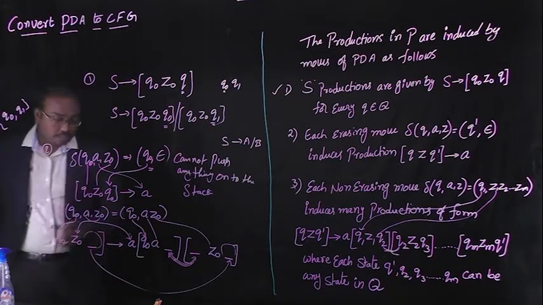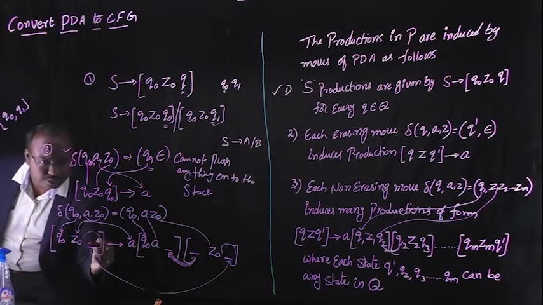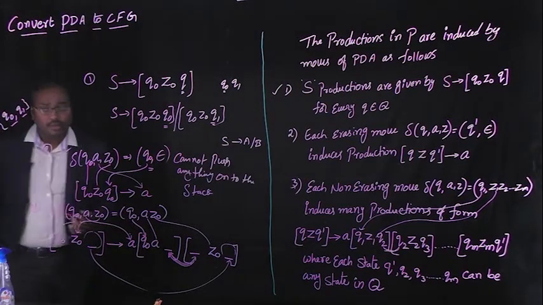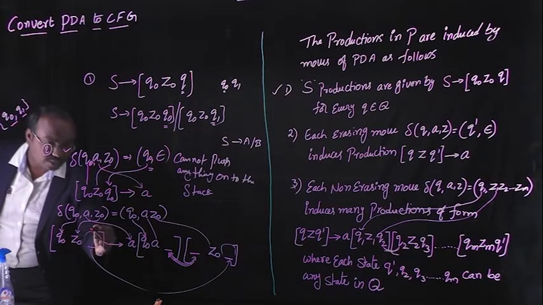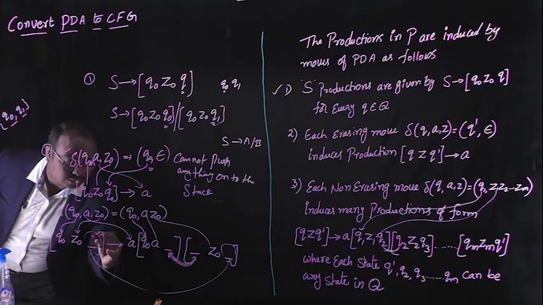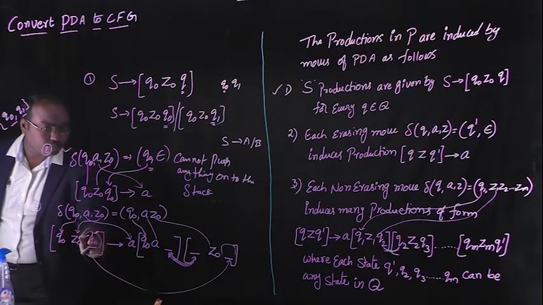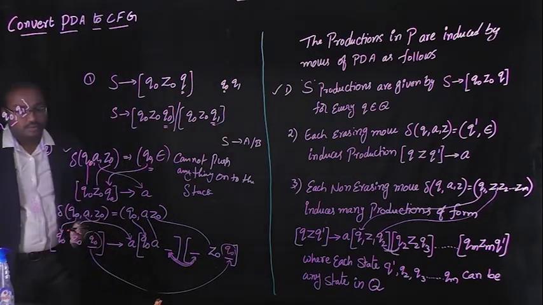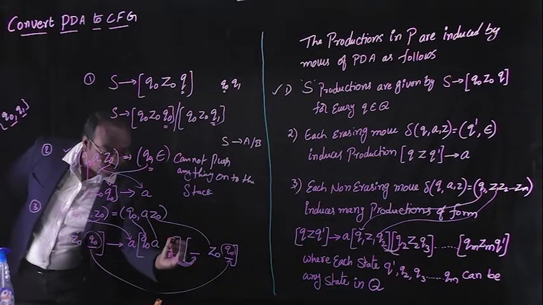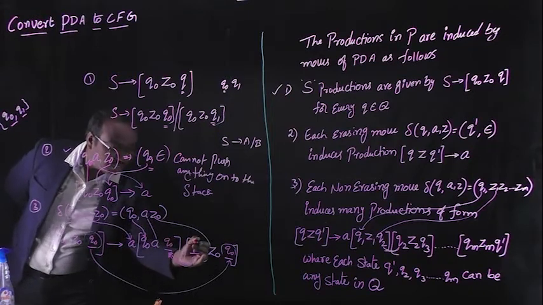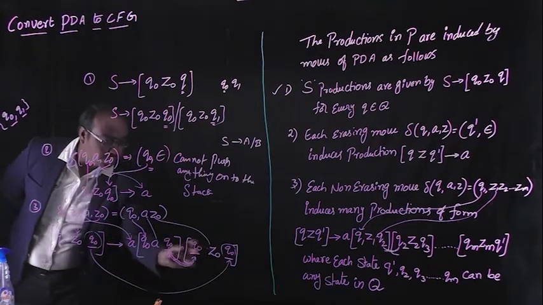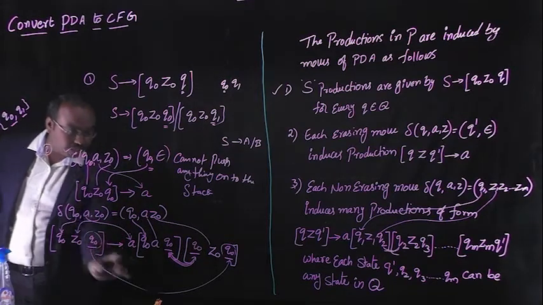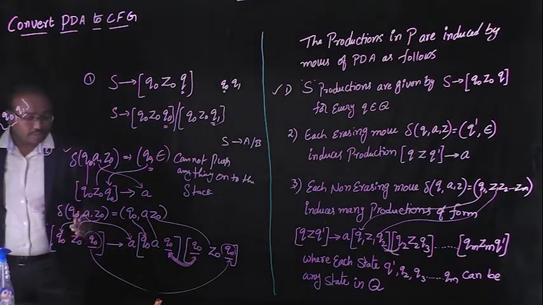For example, these are the two states for this PDA machine. Let us assume these are the two states. First I am pushing the element onto the stack, that is first q0, so that should be matched with the last place. Here also I am writing q0. Next, here also I am writing the state q0, so q0 will be matched with the adjacent place q0, and this position will be matched with the last position.